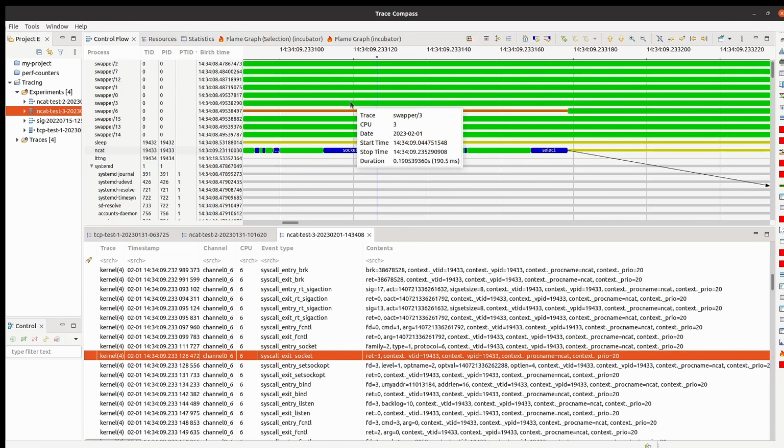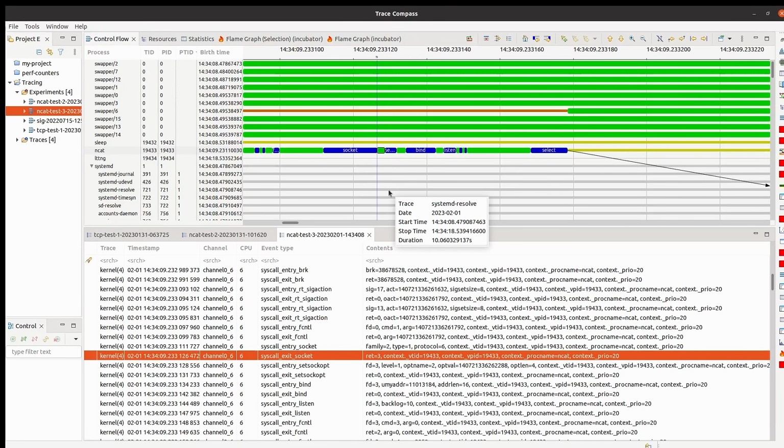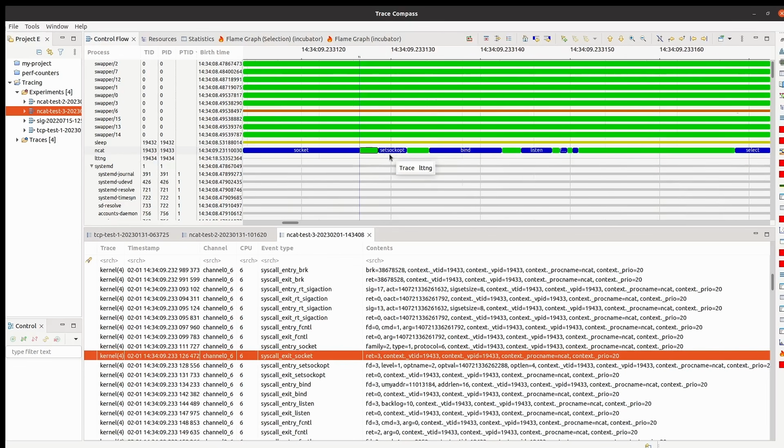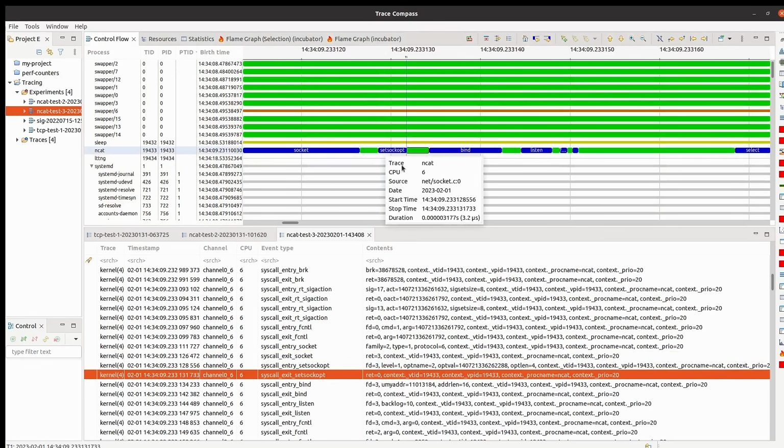So a file descriptor is an integer that the Linux kernel assigns to every file that it opens for a process. It's just an index. File descriptor 0 is always the standard input, 1 standard output, and 2 standard error, and then from there all the other ones start. So anyway, this is the file descriptor that's allocated to us, and then we set the socket options, and